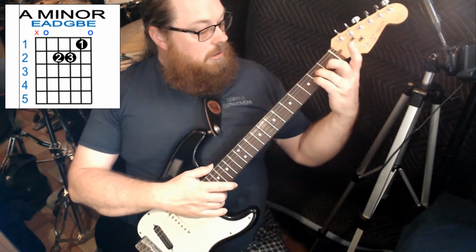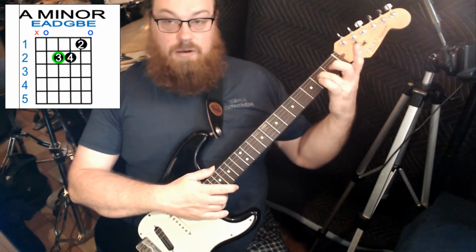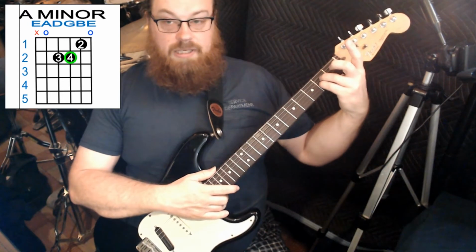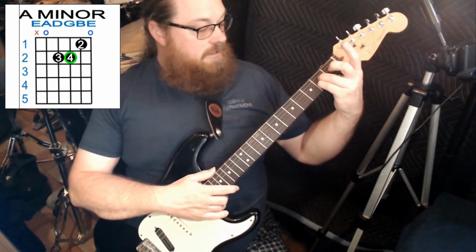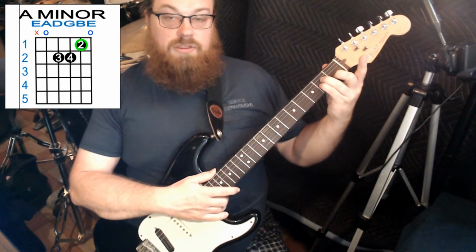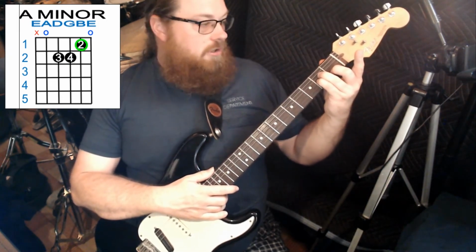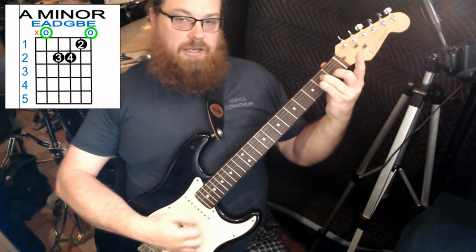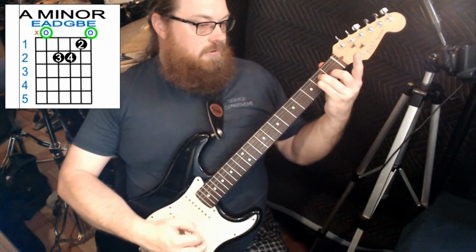So you're going to take your ring finger now and put it on the 2nd fret of your D string. You're going to take your pinky and put it on the 2nd fret of your G string. And your middle finger is going to be on the 1st fret of your B string. And you're still going to have an open A and an open high E. So same chord,